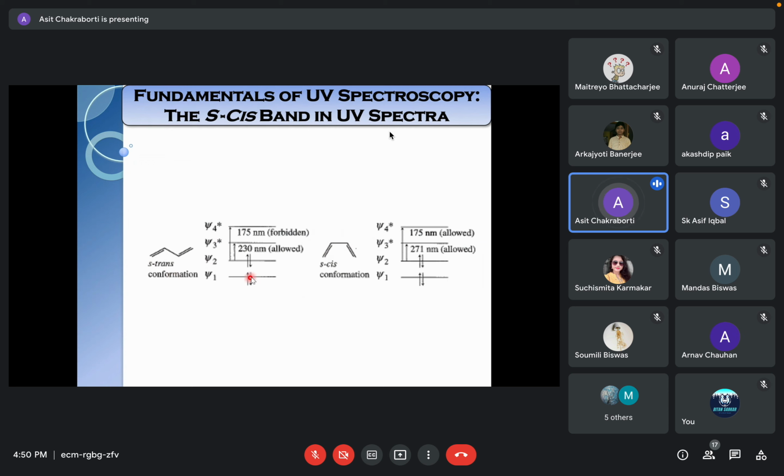In butadiene, you have 2 pi bonding orbitals and 2 pi antibonding orbitals, and the pi to pi star transition is a highly permissible transition, but not all of them. Ideally, if they are not interconvertible, then they are configurations. I think I showed you a car like that: to convert one form to the other form, you have to achieve the activation energy. This is called the rotational barrier. If this rotational barrier can be achieved under normal conditions, you can very easily convert it.